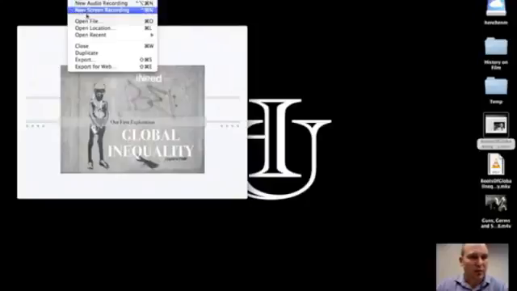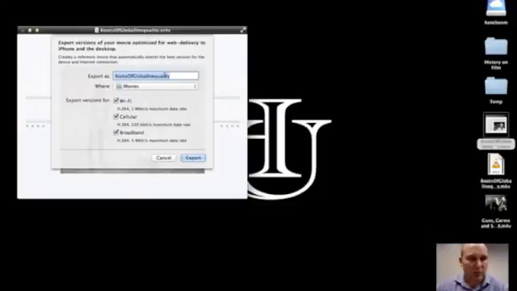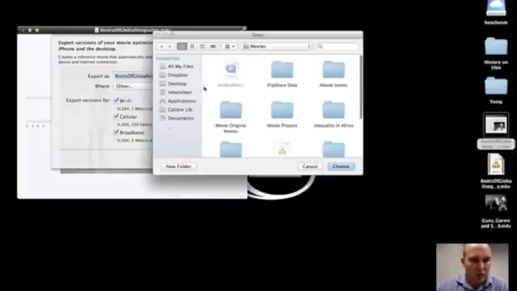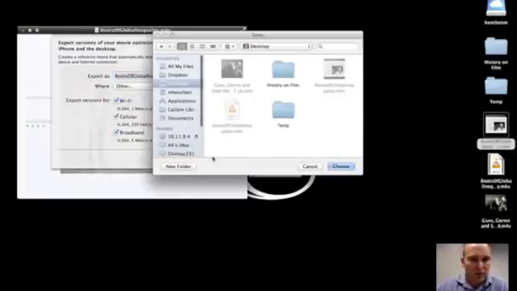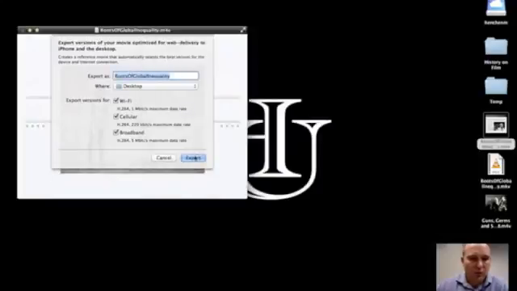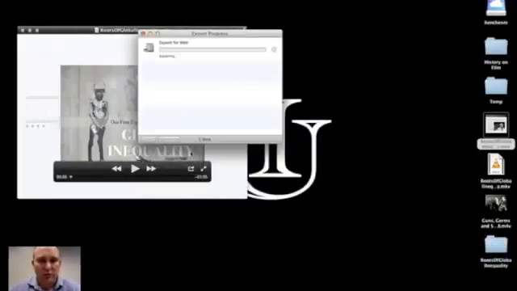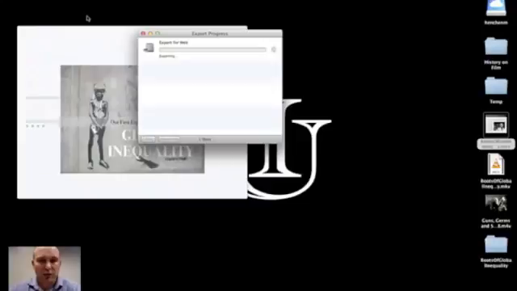So we've got QuickTime, and we're going to export for web, roots of inequality, put it right on the desktop. What's probably happening is there's probably some sort of special encoder. It only reads a very specific type of video. It's actually a good thing that this is happening